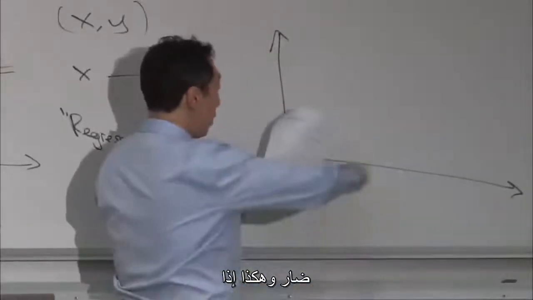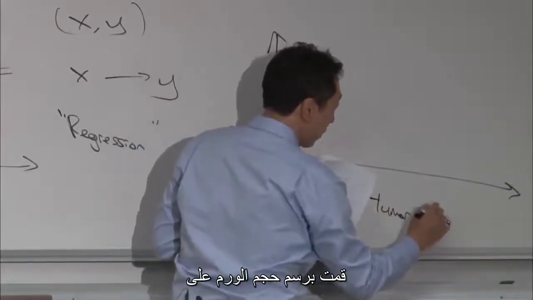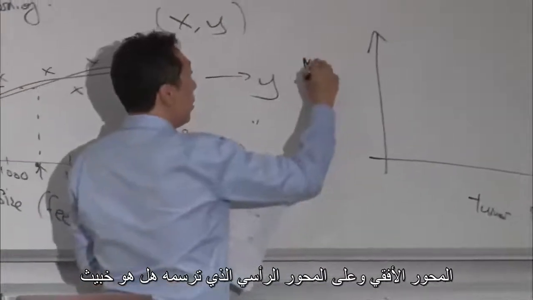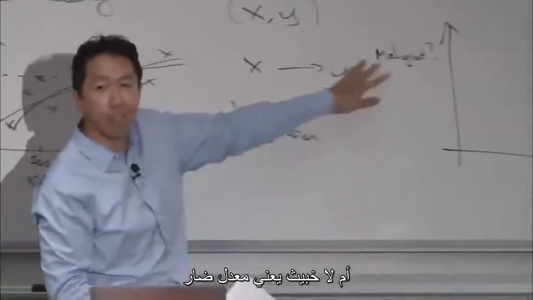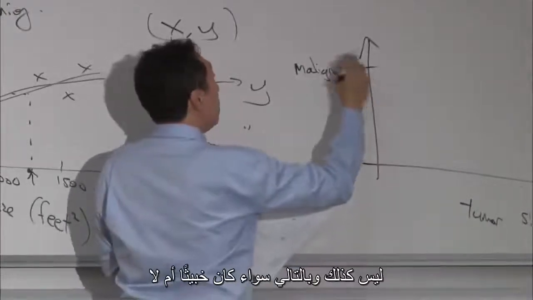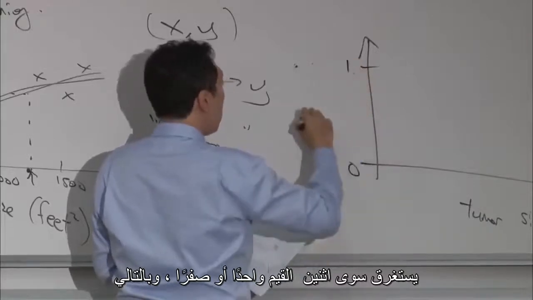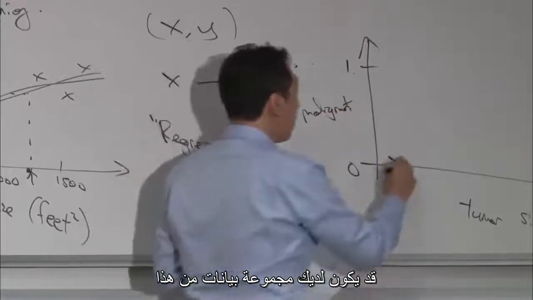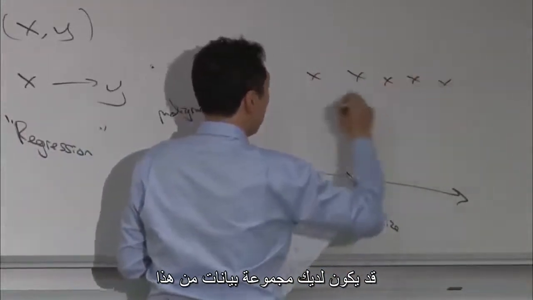And so if on the horizontal axis you plot the size of a tumor, and on the vertical axis you plot is it malignant or not. So malignant means harmful, right? And some tumors are harmful, some are not. And so whether it's malignant or not takes only two values, 1 or 0. And so you may have a data set